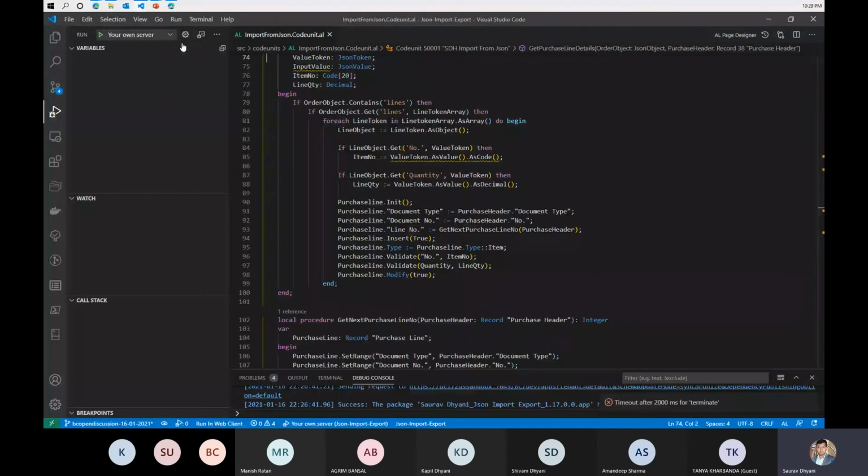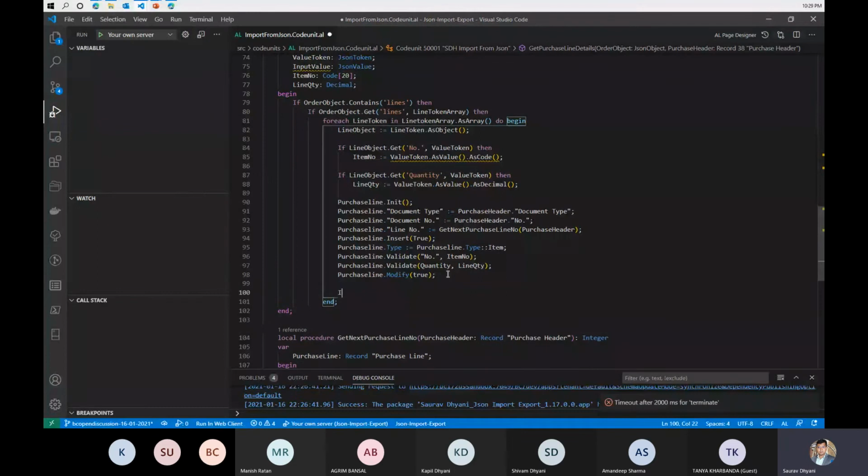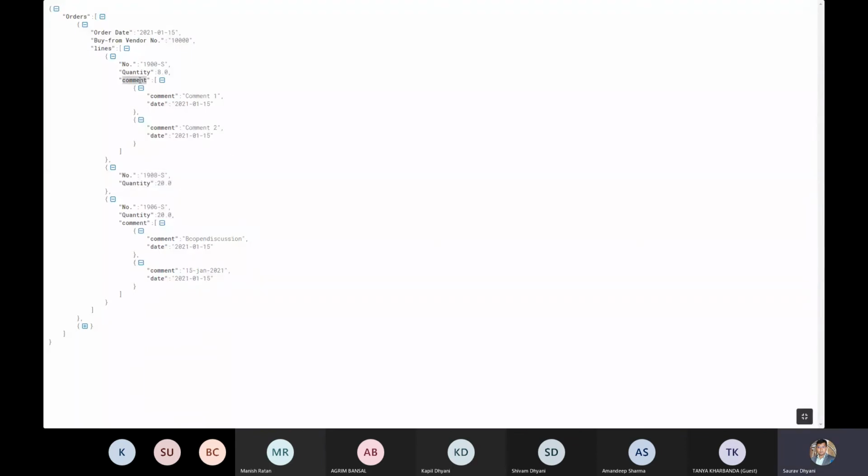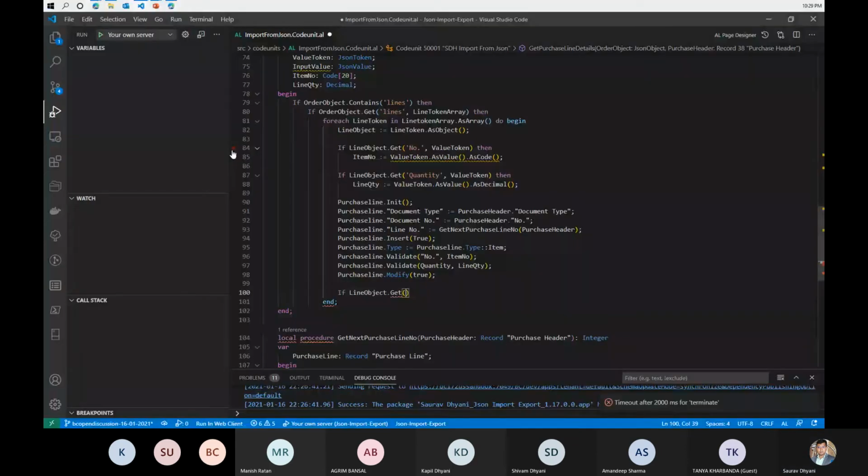So at this point, while we were doing that, if the line object gets the number, then do this. If it gets a quantity, then do this, and then do this. But what if, at this point, my line object gets me a comment? So I need to have a function to handle that. If you don't want to handle comments, it'll work fine. That's okay. But instead of writing that whole code into this section, I can also check that